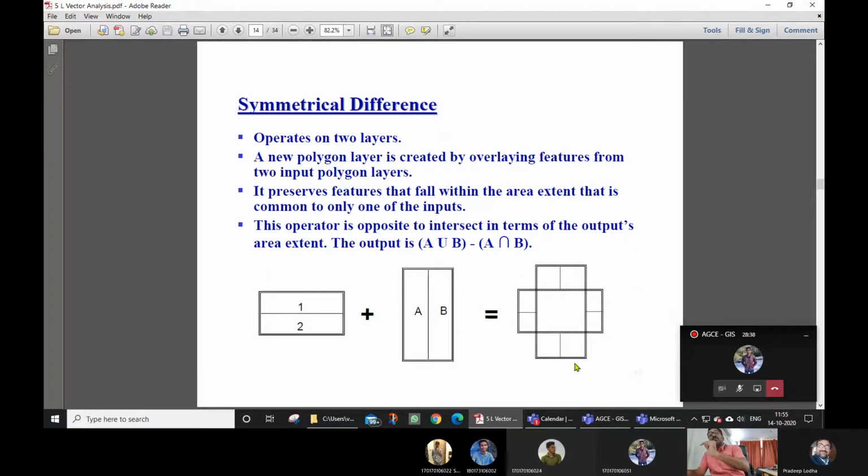So depending upon our requirement, what we need in the output, we run the operation in vector analysis. It can be represented as A union B minus A intersection B. This is A union B, which we saw first; second was the intersection; and third is this symmetrical difference, meaning the first minus the second gives you this output.